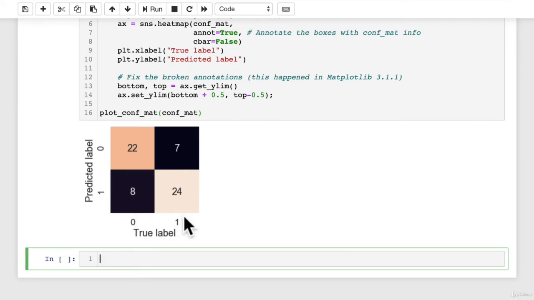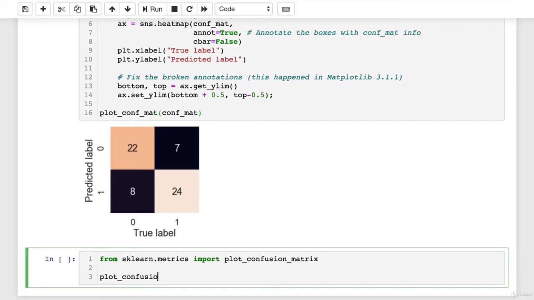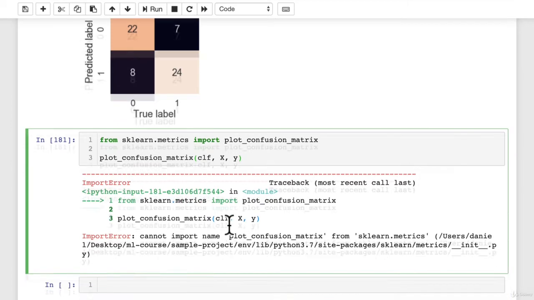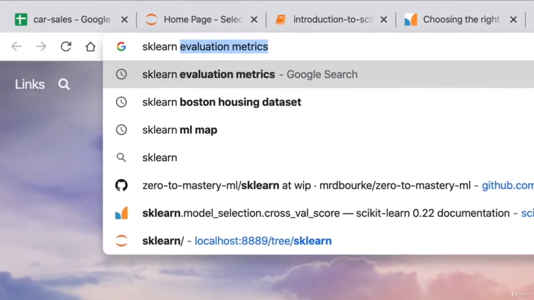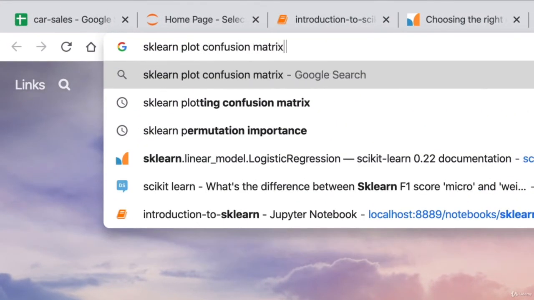Now you might be asking, why did we jump straight to Seaborn instead of using Scikit-Learn? Surely they have a plotting a confusion matrix. And I thought the same thing too. But if we look at this, if we go from sklearn.metrics import plot_confusion_matrix, then we go plot_confusion_matrix, pass it our clf. So if we look at this, cannot import name plot_confusion_matrix from Scikit-learn. Why is that? So if we go here, Scikit-learn, plot confusion matrix,